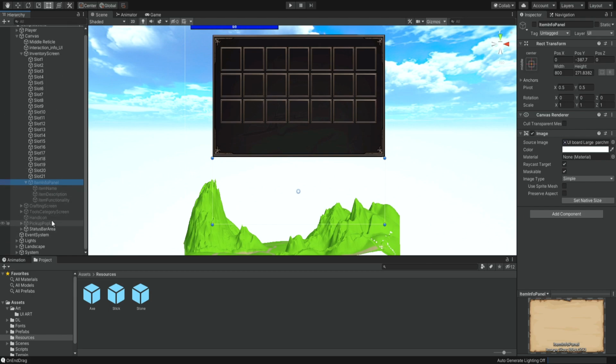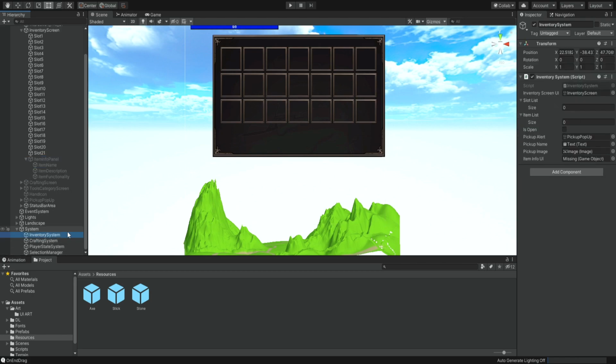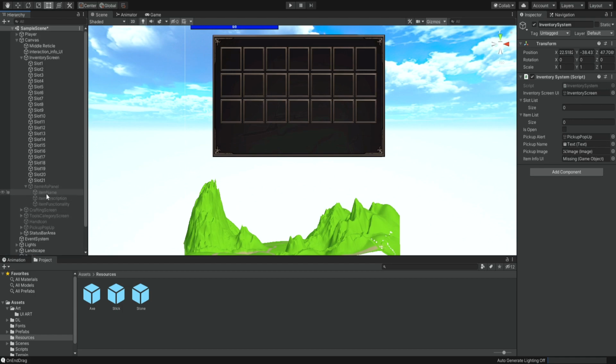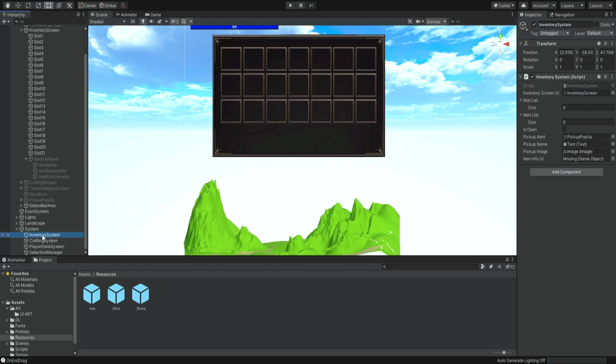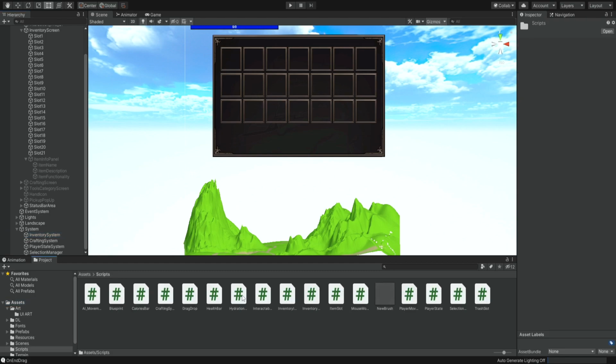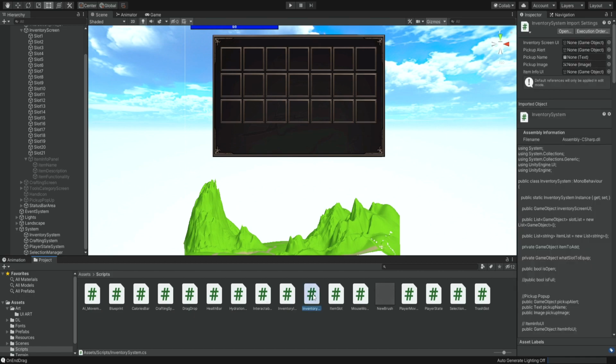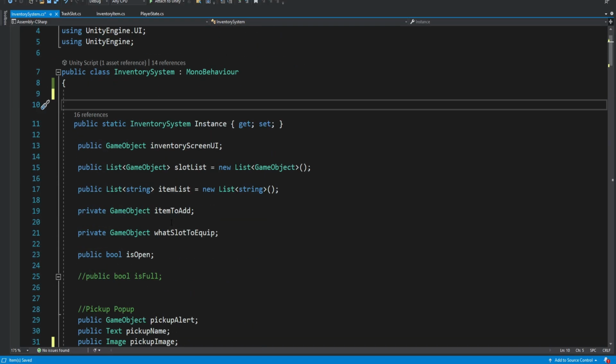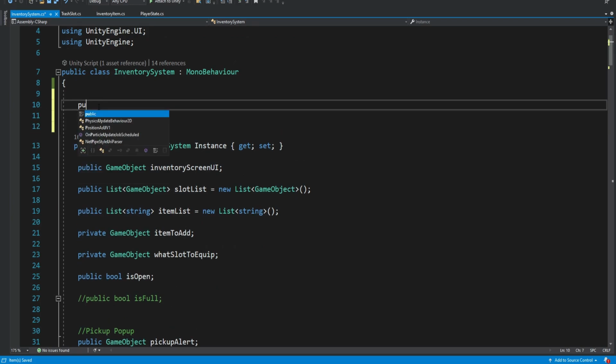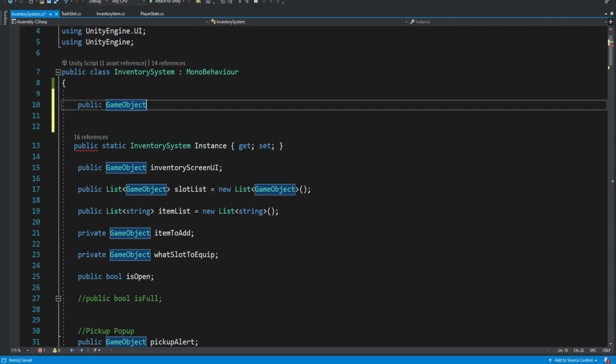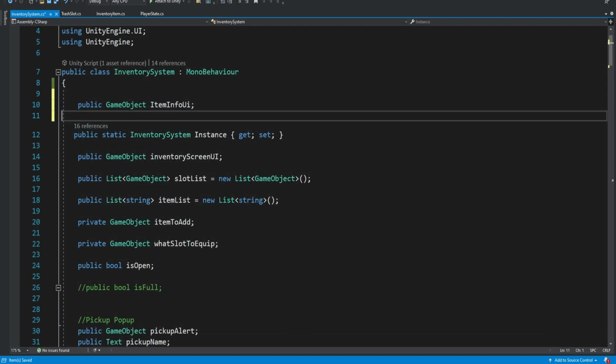And the way we're going to do it is basically creating a reference inside our inventory system, because our inventory system is a singleton and it's always here. So we can create some kind of reference inside the inventory system, and then we can reference it by calling this instance, okay? So let's go to our inventory system, and we're going to create a reference to this. Okay? So now that we have this reference here,